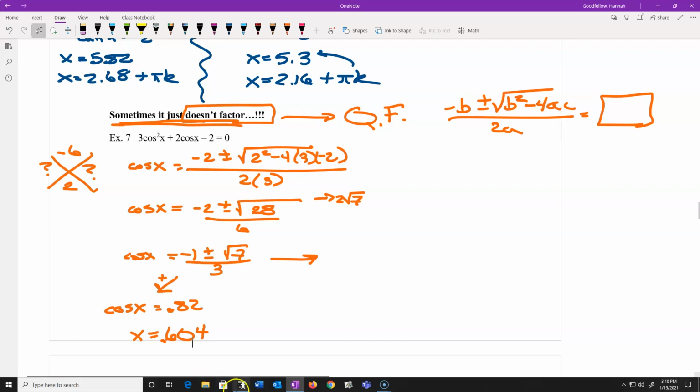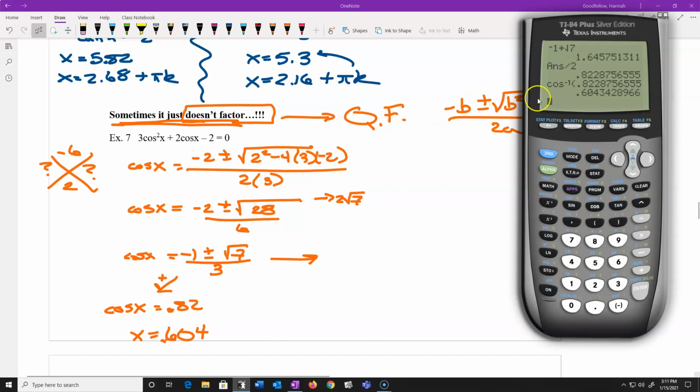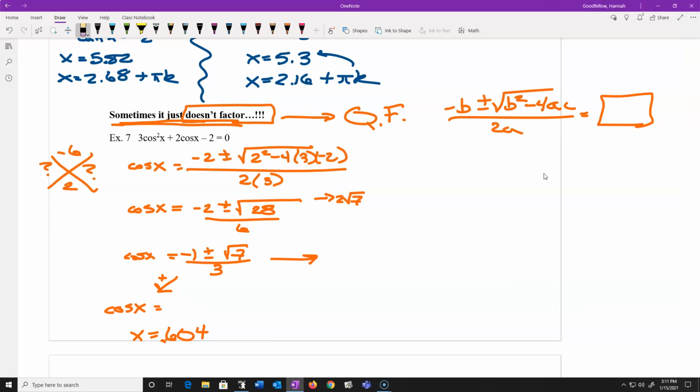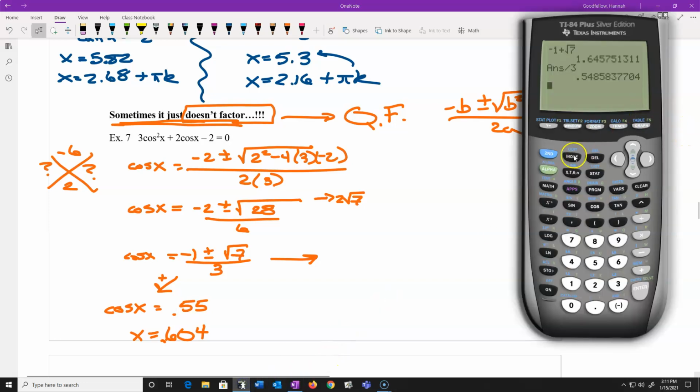Did I divide that right? Let me check. Oh, I divided it by 2. Darn it. Let me figure that out again. I have to erase these two. Sorry, I made a mistake. Negative 1 plus the square root of 7. I was supposed to divide it by 3. Sorry, guys. And then, so let's make an adjustment. That's 0.55. So this is 0.55. Easy mistake. 0.55. And if I take the inverse cosine of that answer,